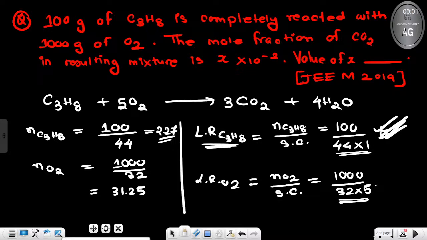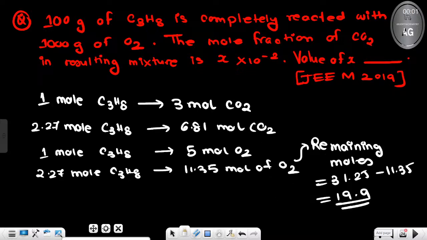Got it? So now all calculations are to be done from the C3H8 perspective. Now it's an easy one. 1 mole C3H8 produces 3 moles CO2. So how much will 2.27 moles produce? 1 mole C3H8 reacts with 5 moles O2. So how much O2 will 2.27 moles react with? We got that the value is